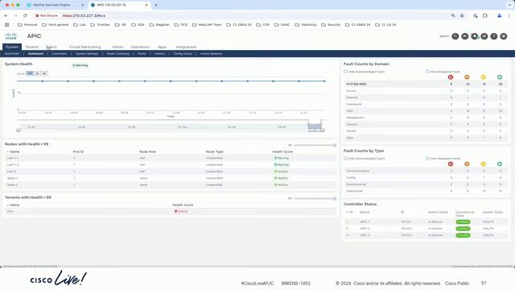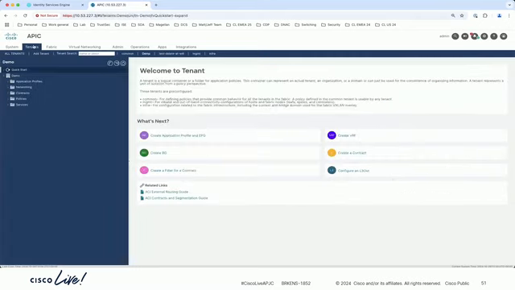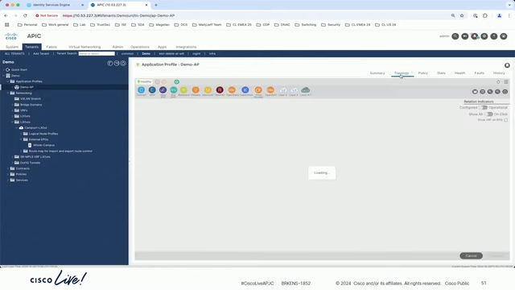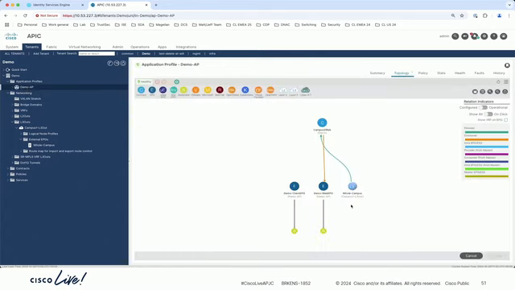So jumping over to APIC, let's have a look to see what's available there right now. So we can go down through the menu, down to the L3 outs and external EPGs, which exist here before we submit this change in ICE. Whole campus, it's just everything coming in from the campus. Okay, that's how granular you can get with your policy right now. And let's have a look at the contract. So this is a graphic representation. We've got whole campus as a provider to the campus to web contract, and then we have a consumer. That's what we've got before we submit